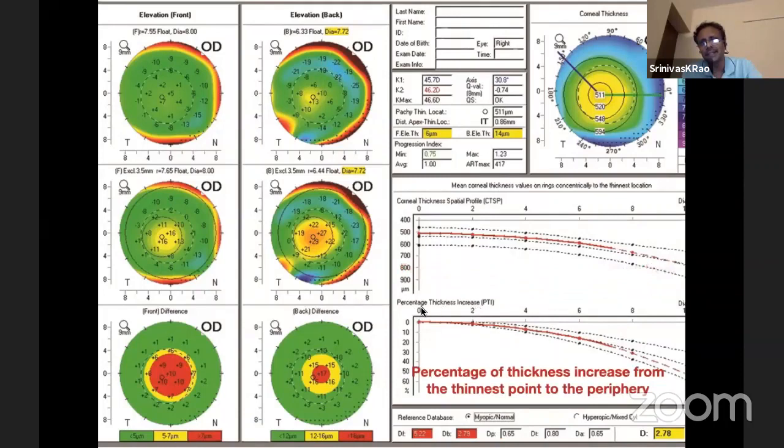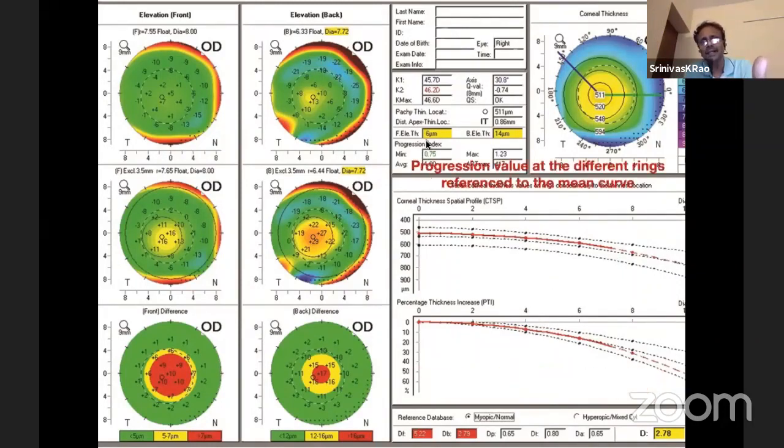The second thing is the percentage thickness increase on the Pentacam, or the PTI. So again, instead of looking at the change in thickness, it's looking at the percentage change in thickness. So basically, we're using pachymetric data on the right, and we're using the elevation and curve, the power data, on the left. This percentage thickness increase will be different in a keratoconic cornea because, like I said, the thinnest point is no longer in the center and it's much thinner than normal. So the percentage increase will change. If this does not conform to the normal, you can have problems. The same thing is here in another way. They're looking at the progression index in terms of the progression value. So these are the three things that you can see.